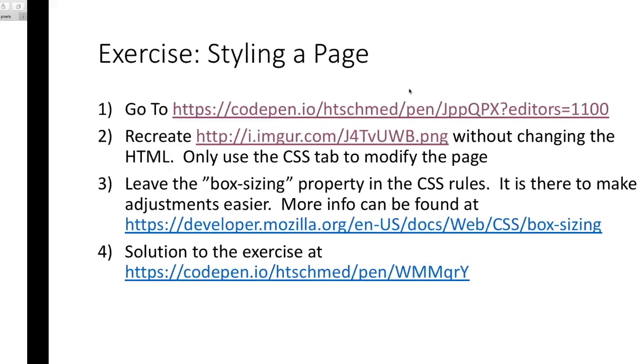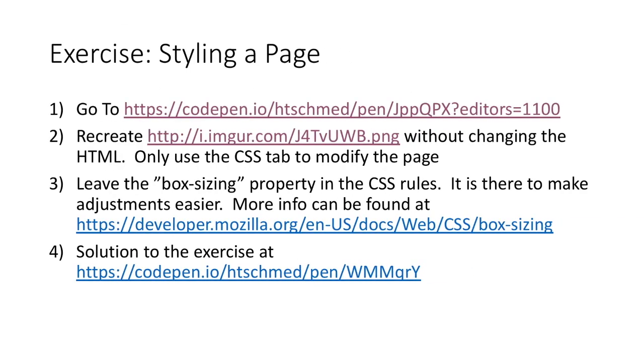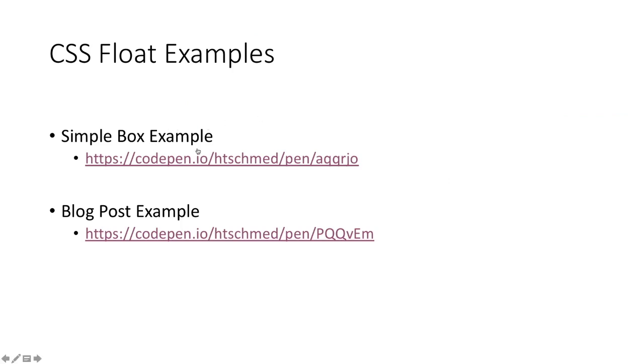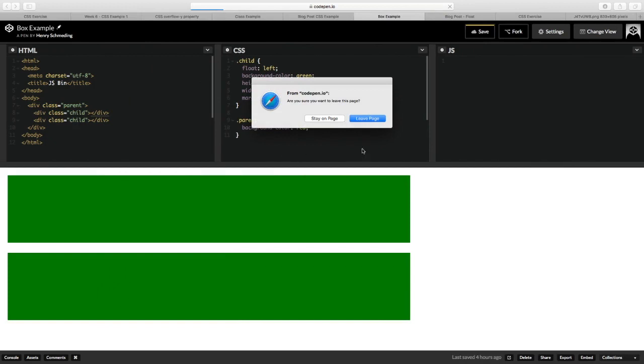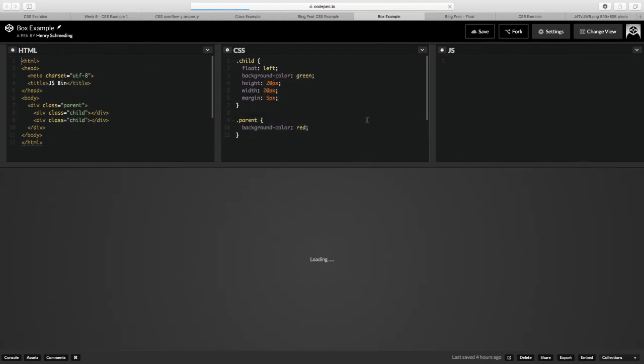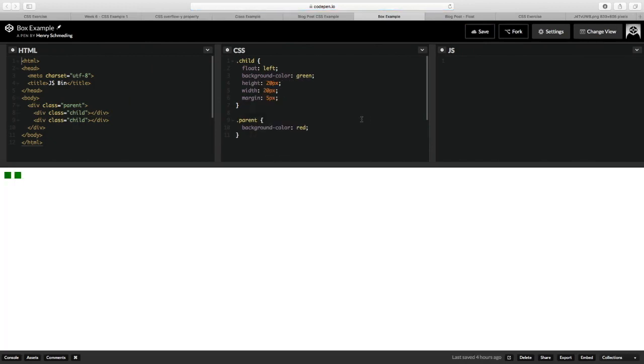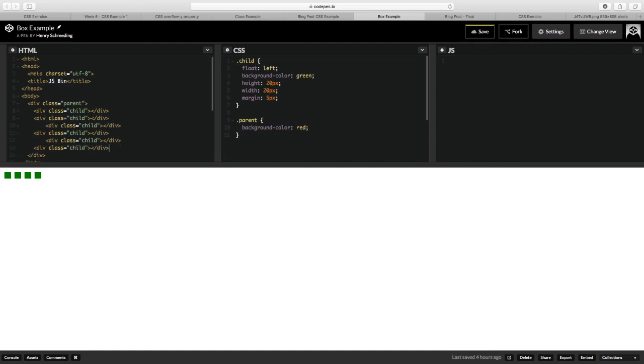So if I go back again to the simple box example here, right? And we're actually going to put a bunch of these in. Might be essentially giving the answer,